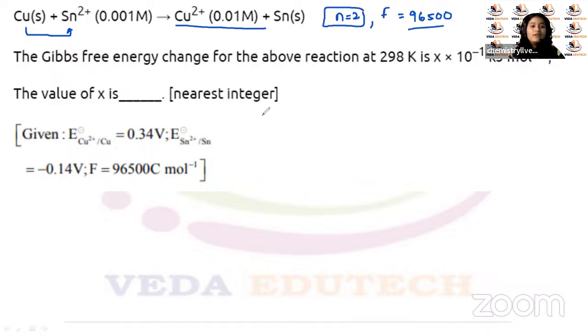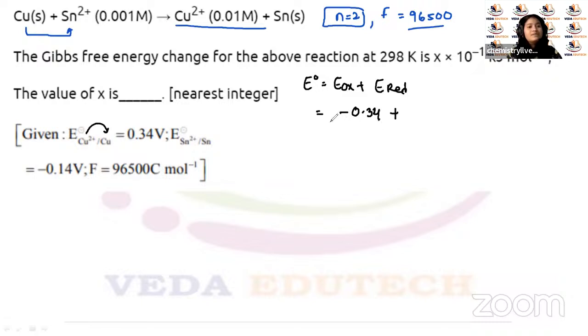And how do you find E naught, children? We know that E naught is equal to E oxidation plus E reduction. Right? So who is getting oxidized? Copper is getting oxidized. So it is given here. Reduction is given to us here. So you have to take it as minus 0.34